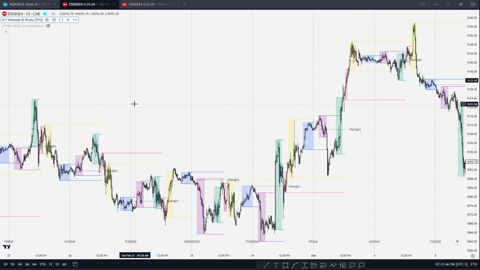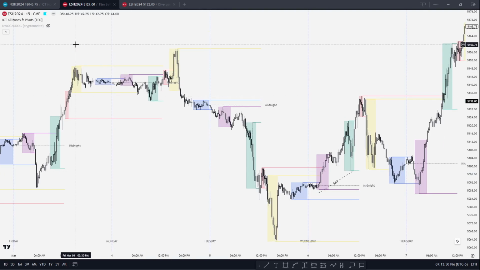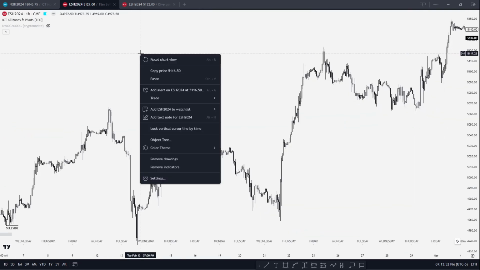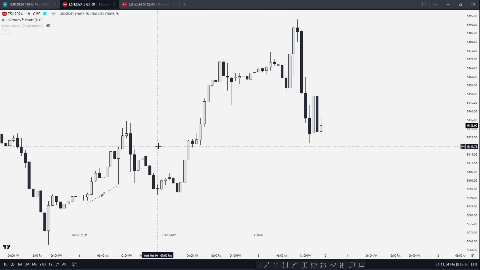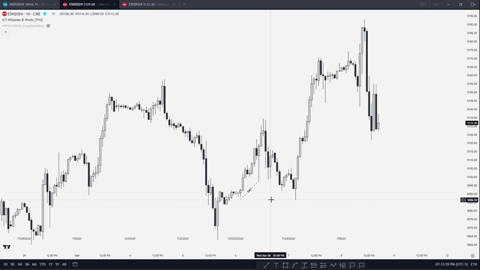But remember that for MMXMs, the biggest tip that I can give is you need to know what time frame we're going to see that MMXM from. So MMXMs are always going to happen. There's always going to be a market. I mean, every single movement is an MMXM in some sense, right? On a specific time frame. You're not going to see it all the time, but